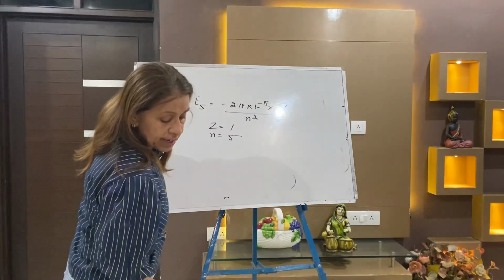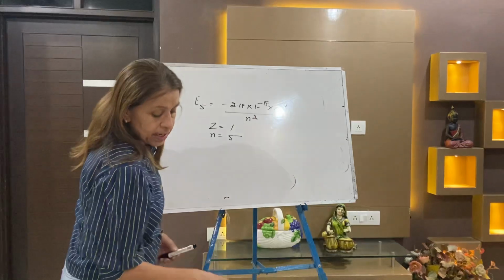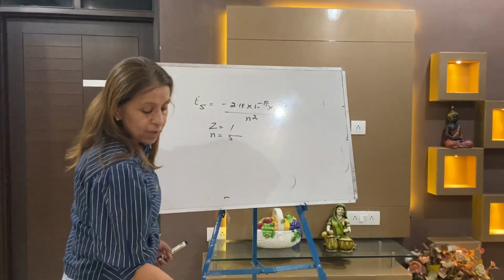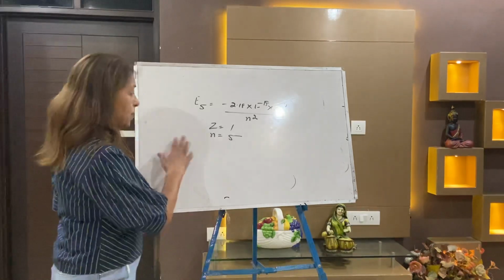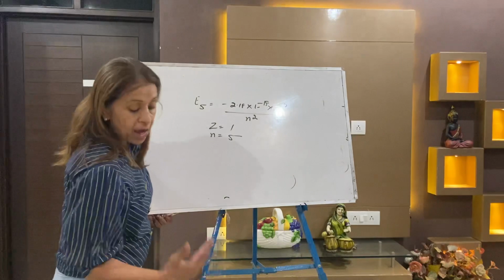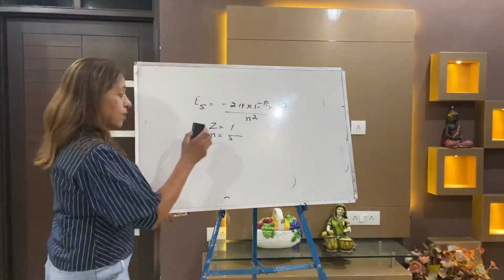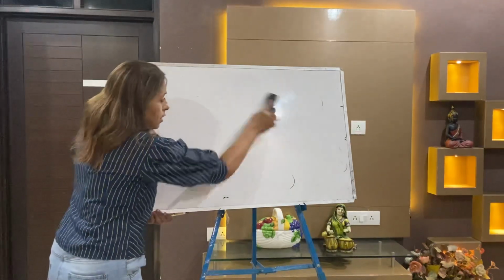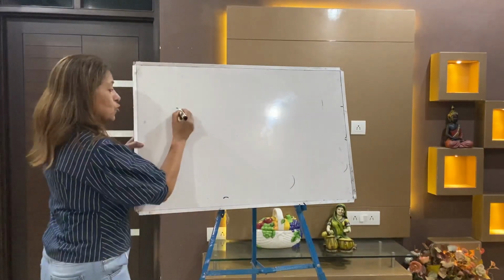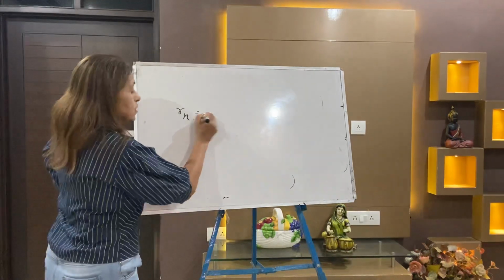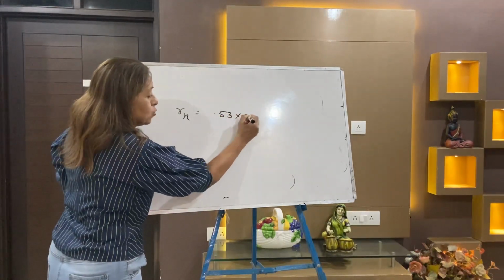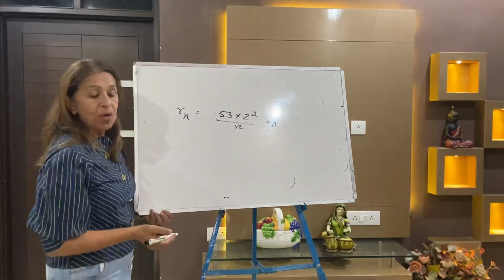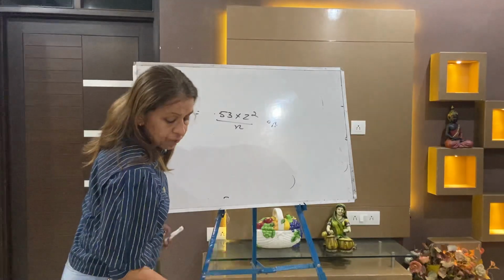In this case, the second question asked, the B part, is calculate the radius of the Bohr's orbit. You have calculated the energy of the fifth orbit, very simple it is, and in the B part they are asking to calculate the radius. Okay, this is your z is 1, put 1 square and 5 square over. Now radius, you know, radius of any of the shell is equal to 0.53 into n square by z. This is in Angstrom. So your z is 1 and n is 5. You can apply the formula this.